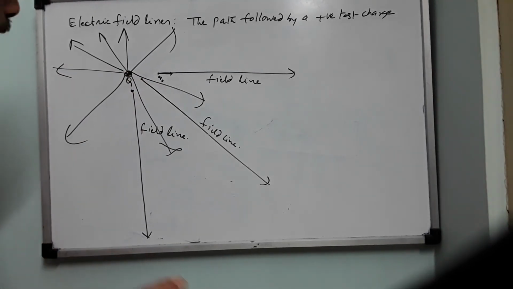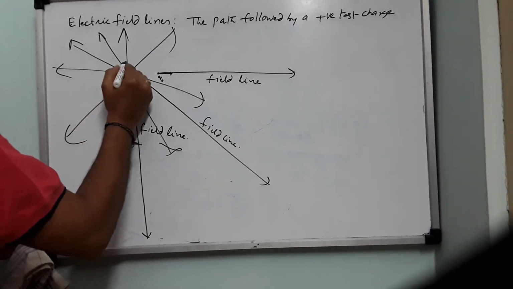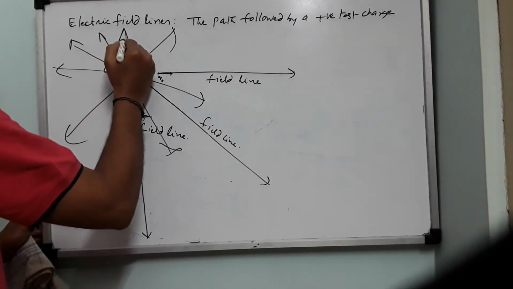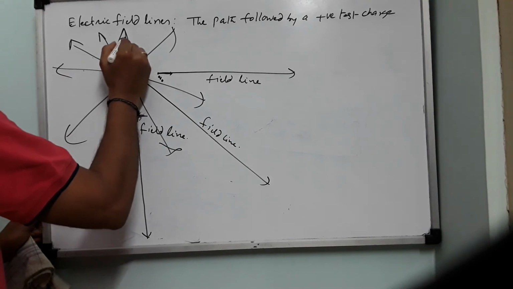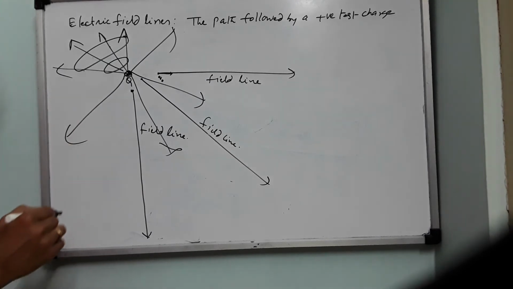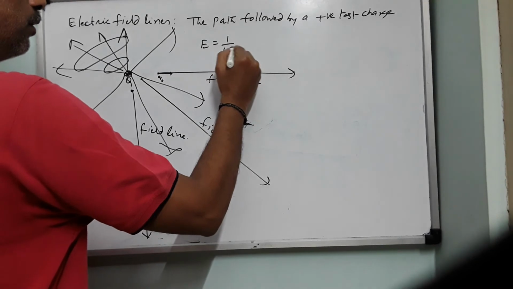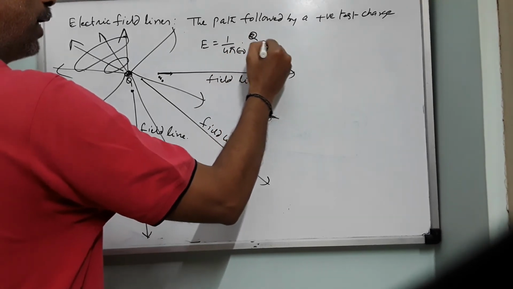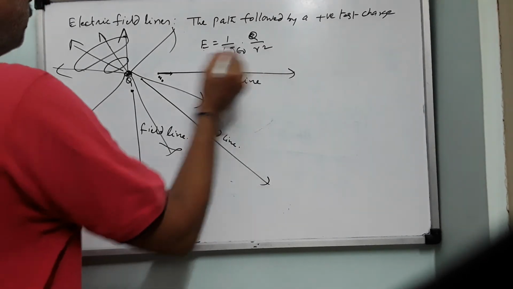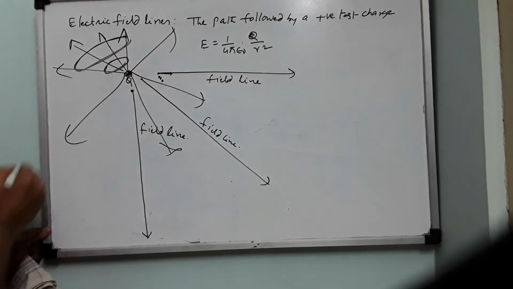Now what is important here is this. You see these lines, 1, 2, 3, 4 lines. Within this small area, the 4 lines are adjusted. Now the same 4 lines, 1, 2, 3, 4, are spread over a big area. This gives an important concept like E equals 1 by 4 pi epsilon 0 into Q by R square: electric field decreases as you move away from the charge. The same concept: electric field is very strong here, and electric field is weak here.